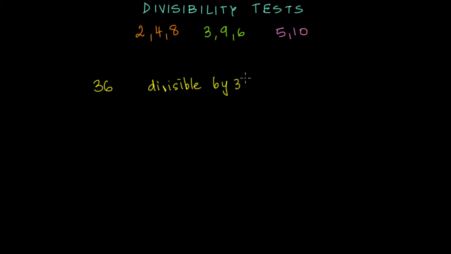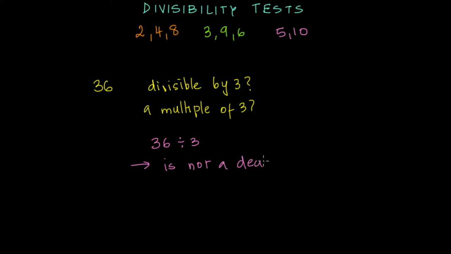Another way to phrase the same question is: is 36 a multiple of 3? And the way I can answer this question is when I do 36 divided by 3, if my answer or my quotient is not a decimal, which really means that it is an integer. So let me say that. Or if I am dealing in remainders, if I get a remainder that is 0, then 36 is divisible by